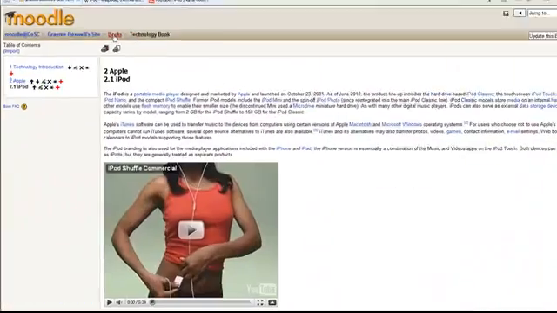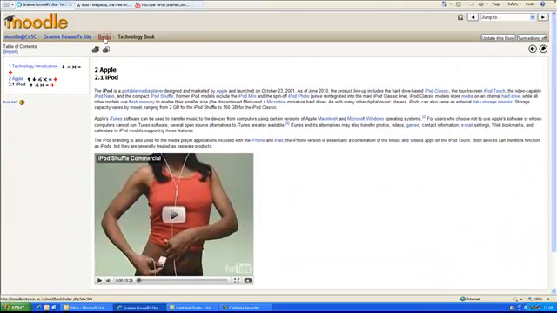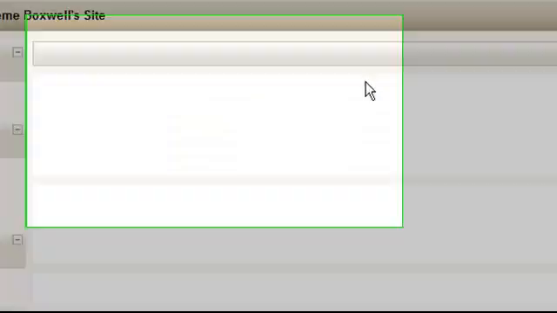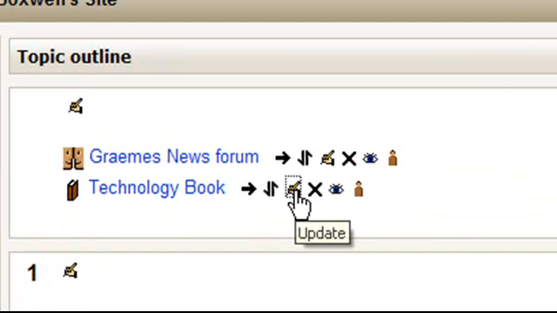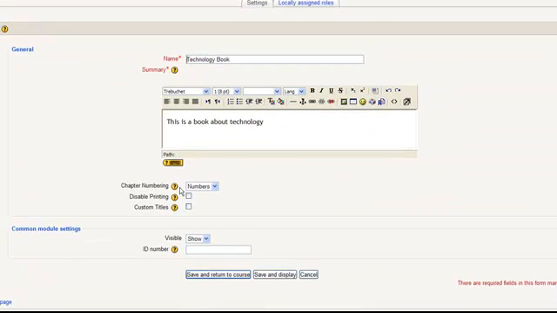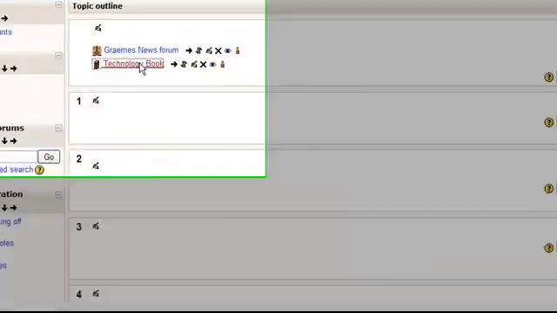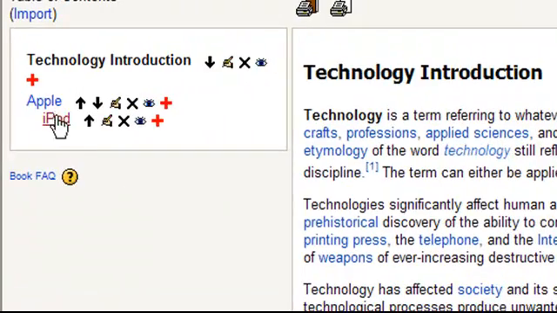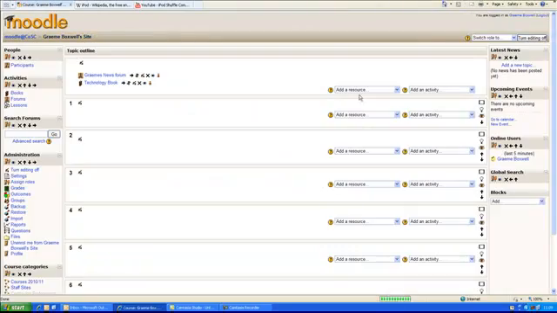Now what I can do is, if I go back into the book and into the chapter numbering part here that we did before, and let's say I change that to indented and save and return. If you now look at the book, you can see that the chapters don't have the numbers on it anymore, but they do have an indent where the sub-chapters are. And if we look at that from a student's point of view,